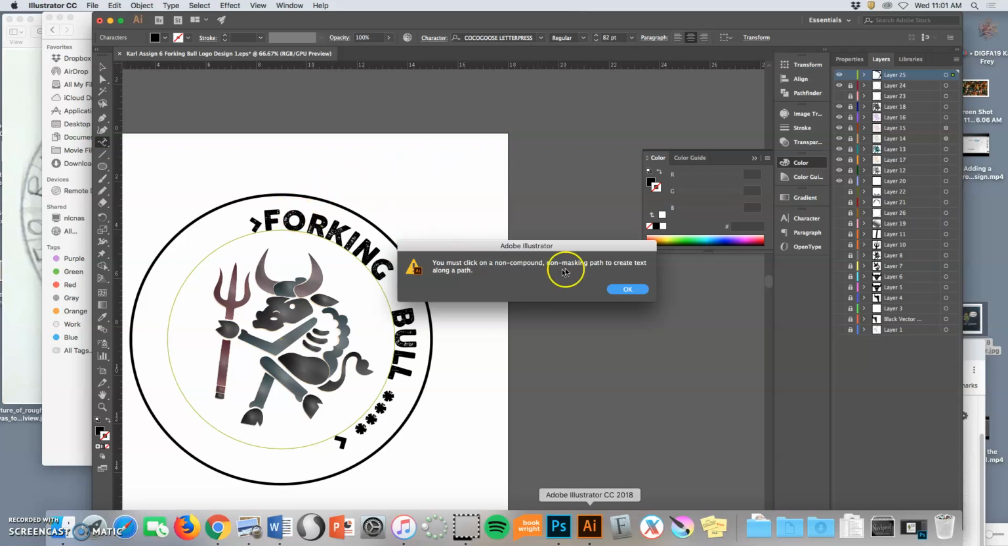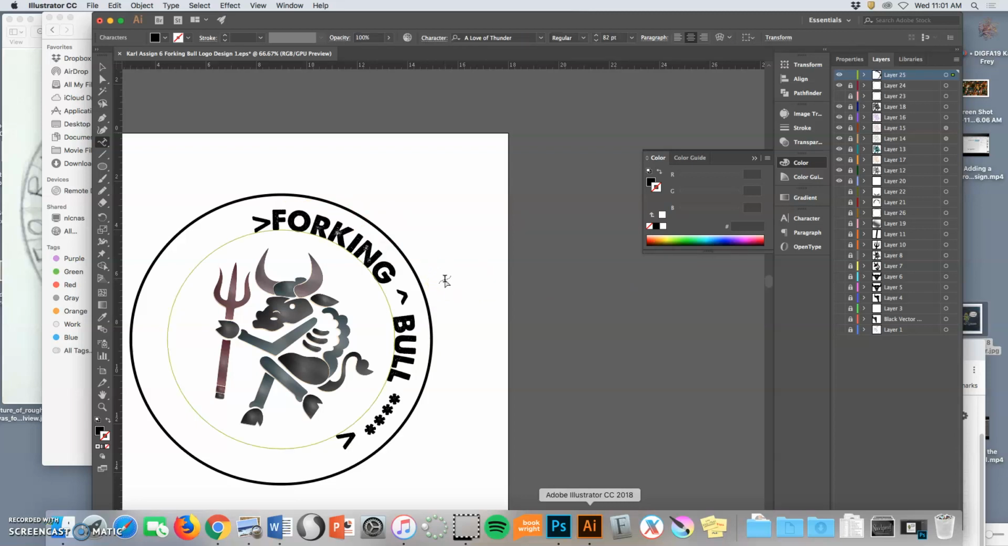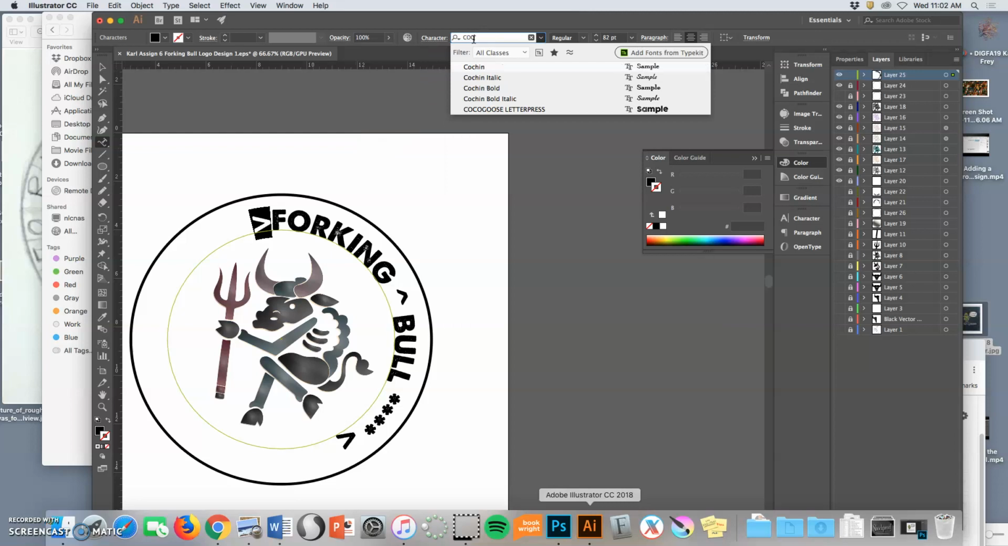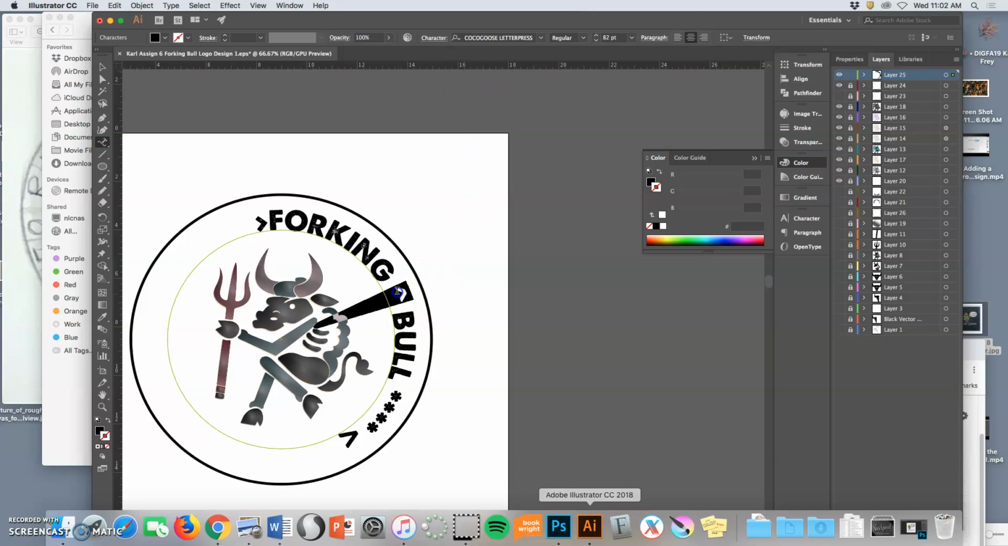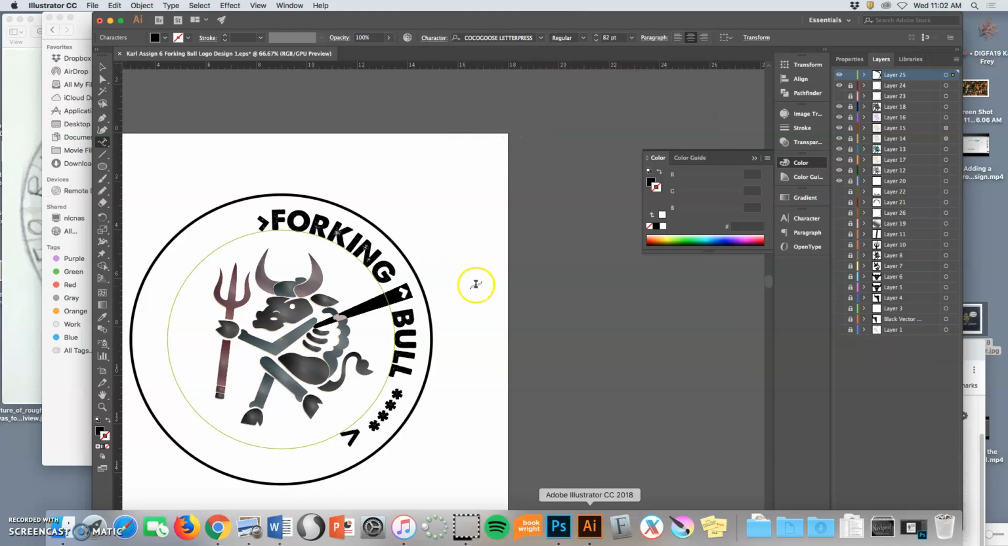It has stronger arrows. So when I can't decide, this is what I do. Cocoa Goose is very similar to Love of Thunder, it's just different arrows. So let me just change the arrows to Cocoa Goose. Yes, much better. So remember, this is just a shortcut for